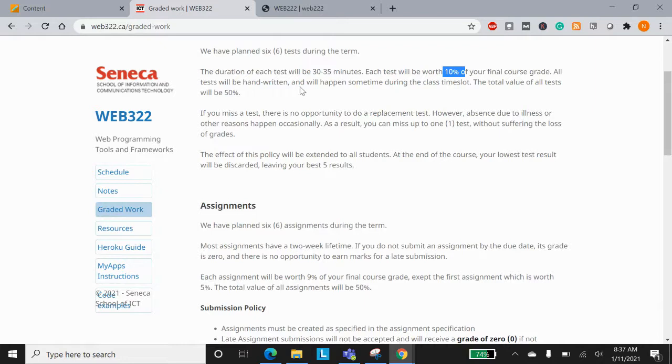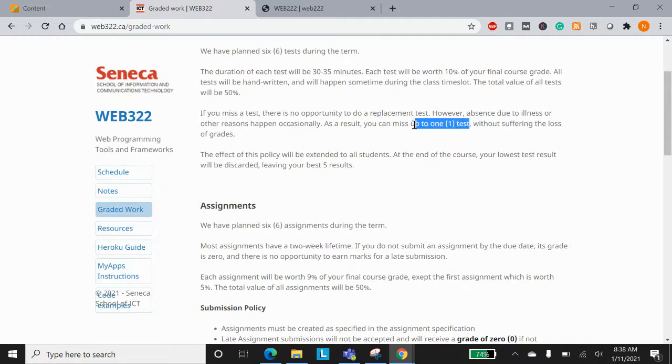So anyhow, all tests were handwritten, it was a good environment when you're online, so they were all handwritten. Right now they will not be handwritten, of course, they will be online. The total value of all tests will be 50%. As I said, the 10%, the lowest grade will be dropped if you miss a test. So this is important. Please bear with this policy, that if you miss a test, there's no opportunity to do a replacement test. However, absence due to illness,